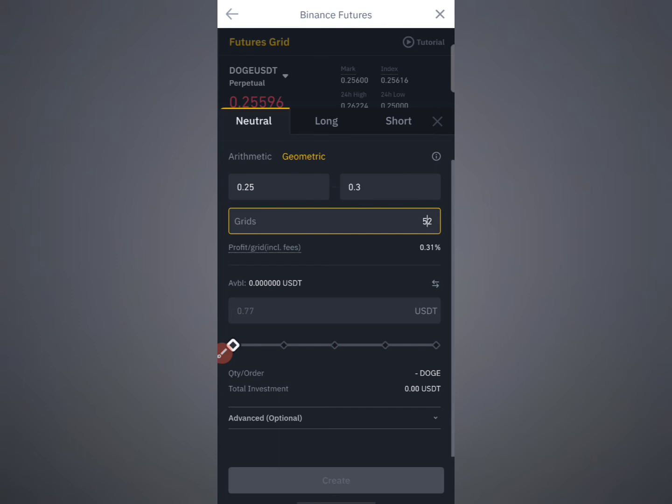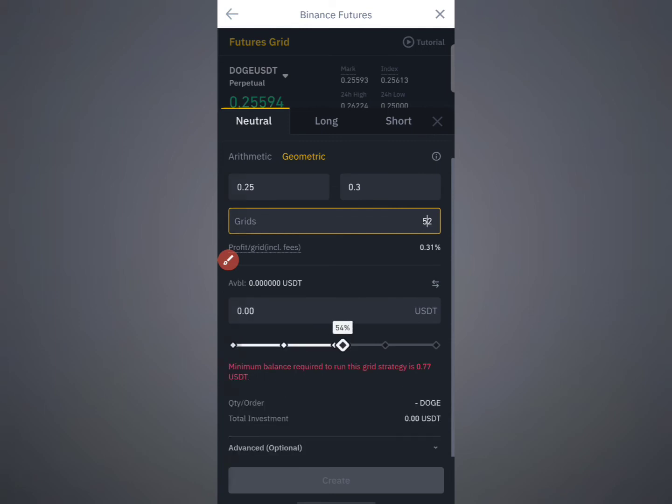And next, here it will show the available USDT. If you have 20 USDT, then it's going to show 20 USDT here. Once after that, you should select the margin here. You should confirm whether the bot uses 100% or 50%. Now I have very little USDT, so it is not going to be selected. If you have 20 USDT, then go and select 80% or 90%, whatever you want.